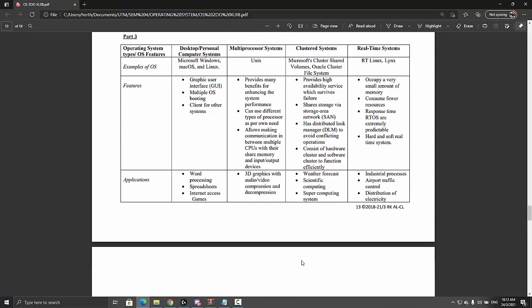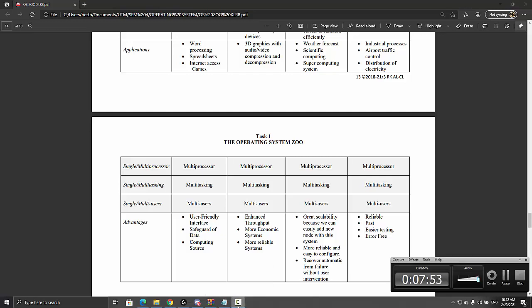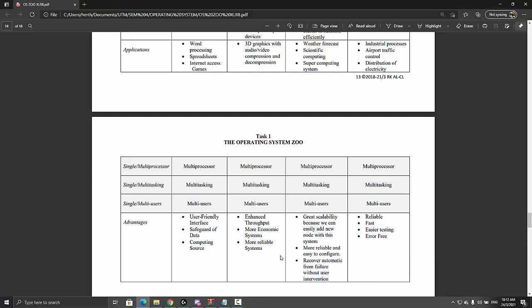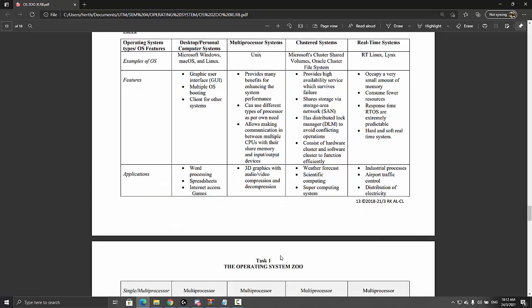And how is it applied? Well, it's used in 3D graphics with audio or video compression and decompression. Now, if you look at the advantage here, this is actually very important. It has enhanced throughput, meaning with the existing amount of multiprocessors, work will be done fast. Okay, so you're basically utilizing all that power for good use. So you will get stuff done fast, and also